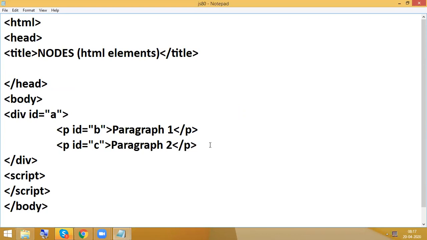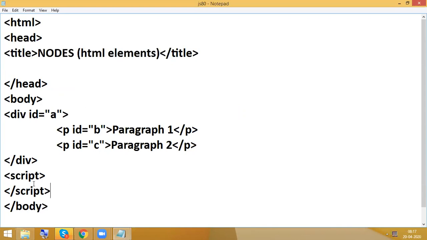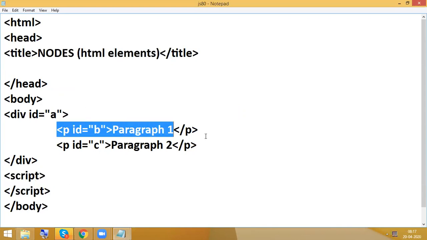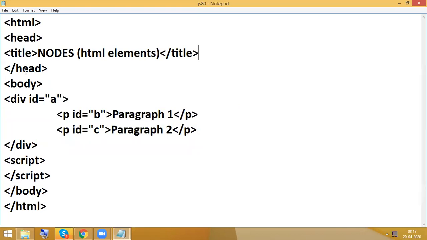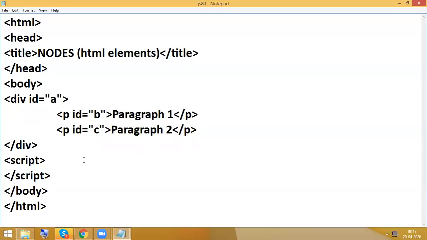Now what I'm expecting here is to create a new node, nothing but a new HTML element, by using JavaScript. But in real time, instead of pure JavaScript syntax, we go with jQuery or Angular. Creating elements and removing elements is a very, very important concept in real time, but we don't write it with pure JavaScript; we work with jQuery and Angular. So first step, I want to create an element.